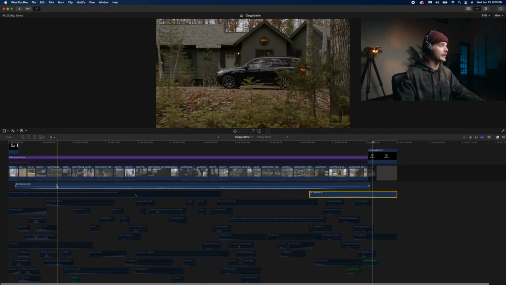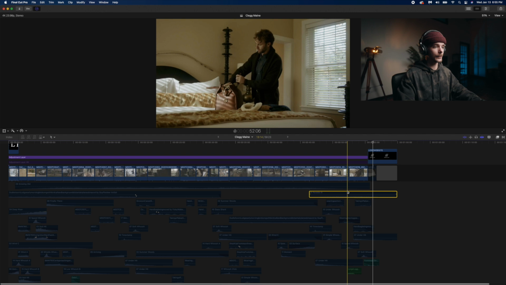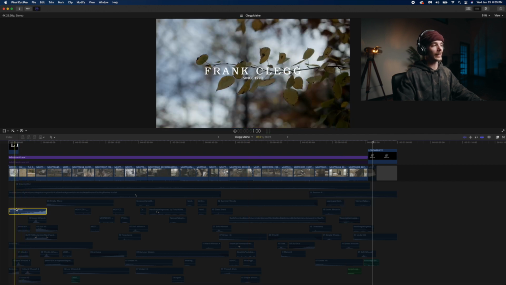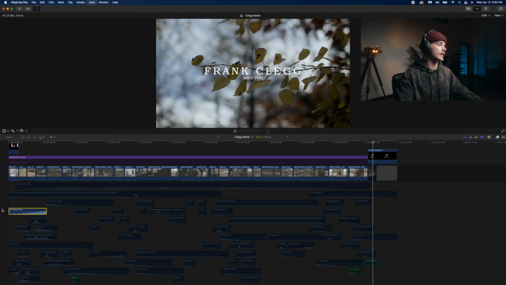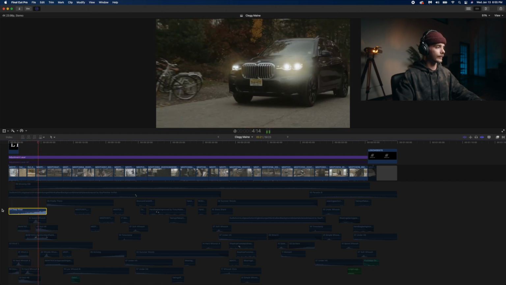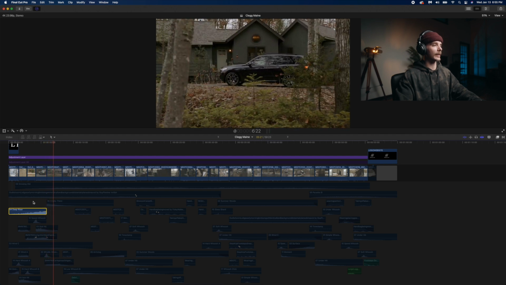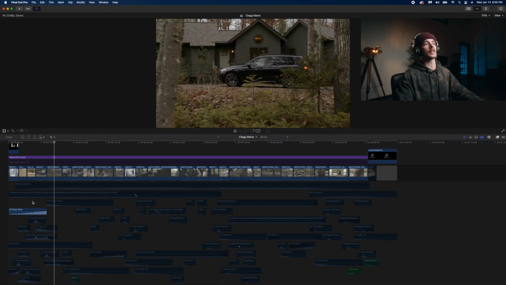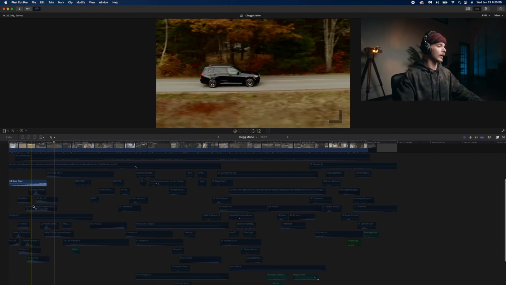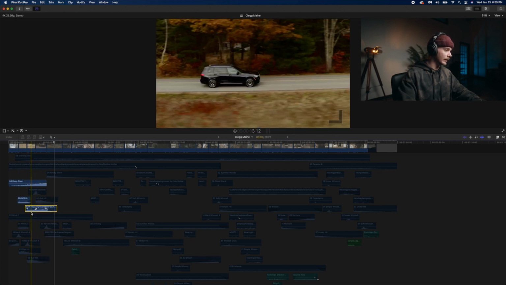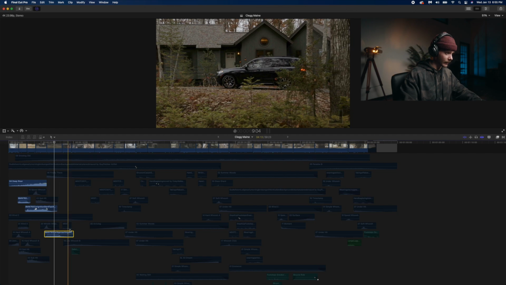So the first sound that I want to introduce here, let me mute these two since we're not using them, is a riser. I really like using risers because it builds anticipation and energy. So as you can see with this one, that riser's just building the hype, and I have it end right as the scene cuts as he pulls up to the house. So along with that riser, we have a BMW sound effect, another BMW sound effect, another BMW sound effect, and